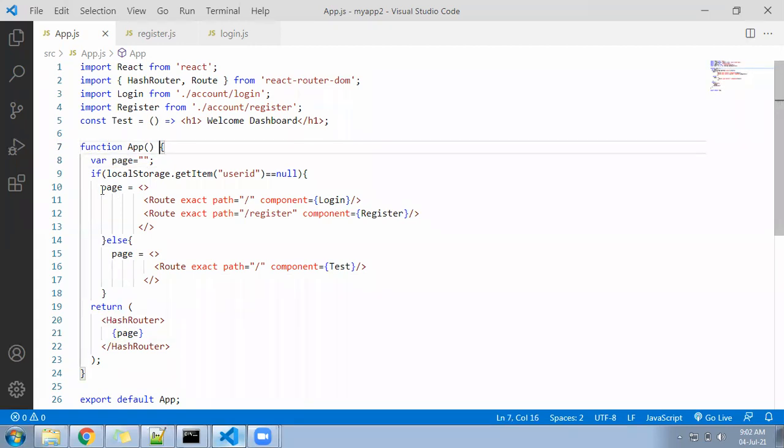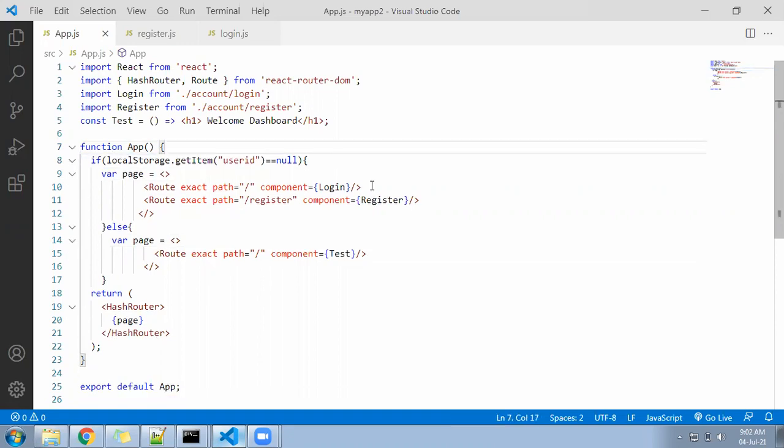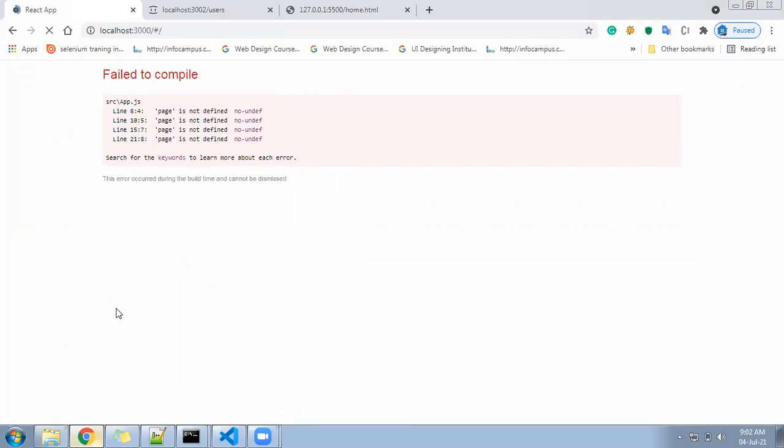Okay, then why put in trouble? Keep a var here, keep another var here. Just remove it, then check. It says error.